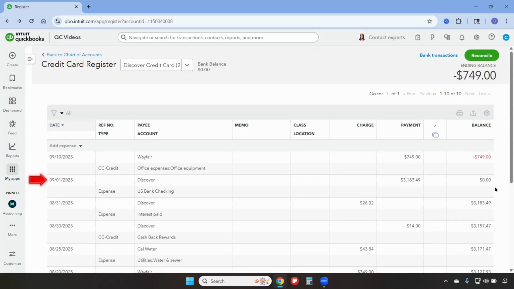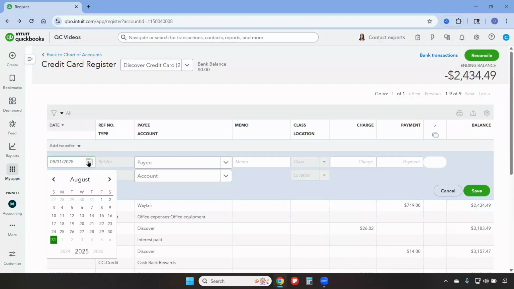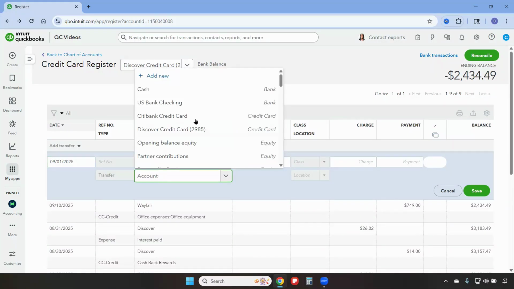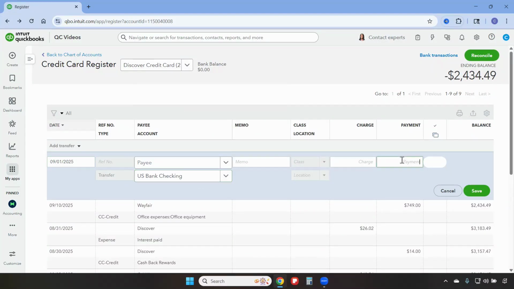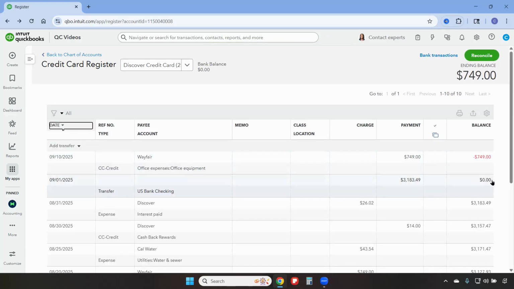Now we can see that as of September 1st, we have 0 balance on our credit card. Another option is to make a transfer from our checking account to our credit card account. Using a transfer, we'll click on the drop-down arrow and select transfer. And again, the payment date will be September 1st. We're going to use our US Bank checking account, and we're going to make a payment in the full amount, $3,183.49, and then we'll save. Then I'm going to update, and here we can see the 0 balance after the payment was made from the